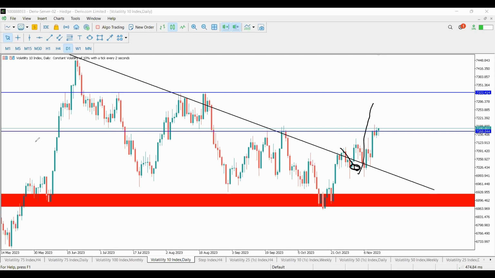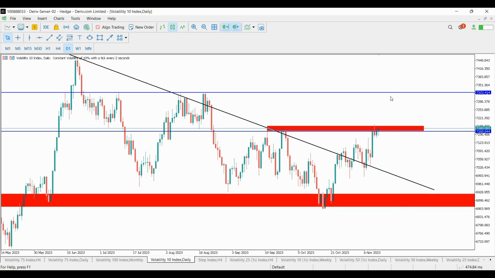Now, what are we interested in case you're not into this trade? We have already marked this area. We're interested in the price breaking this area here. So if price can take out this area, right, then we shall expect the price to come and retest this area, and then our target will be this one here.